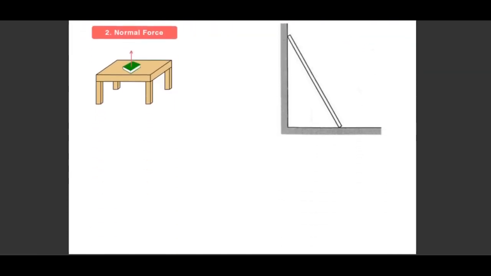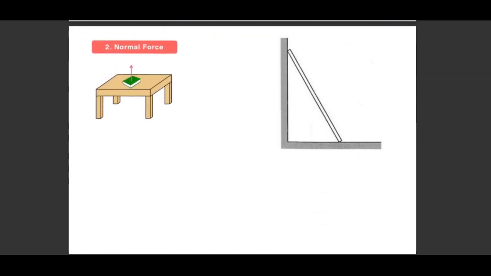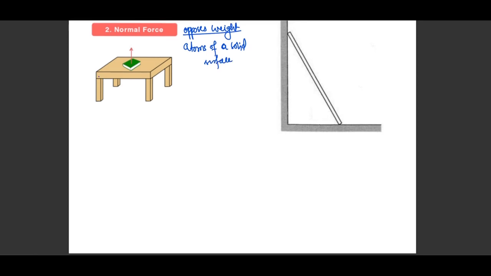Now we move towards the normal reaction force. What is this force? This is actually a force that generally opposes weight, but not every time, not in all cases. The normal reaction force actually comes from the atoms of a solid surface, right? Now, for example, if this is the tabletop, we draw this in terms of the kinetic model of matter,